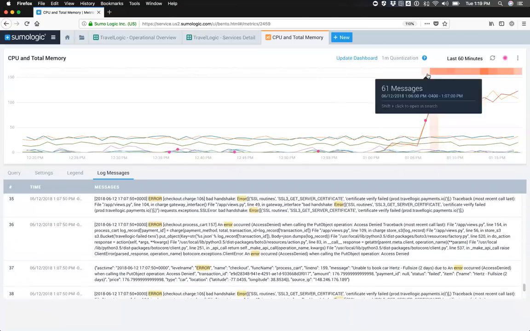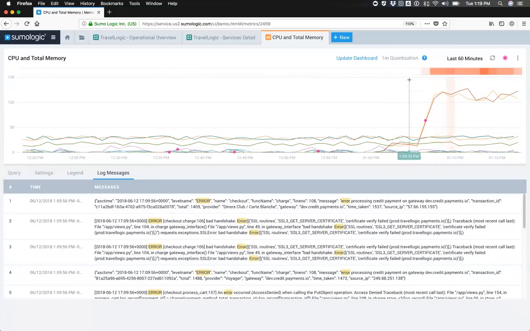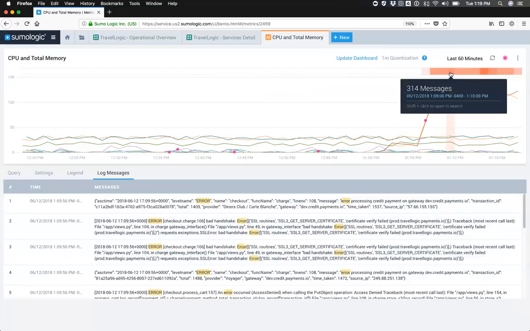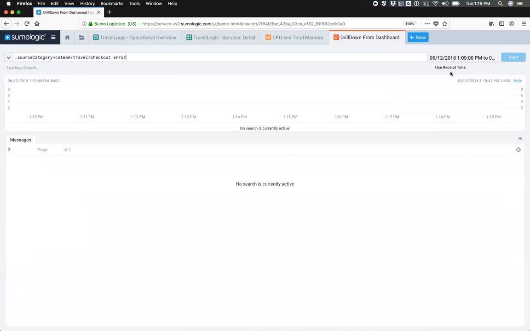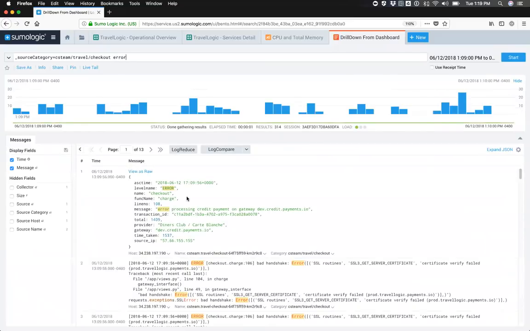But how do you know if you should look at this particular query, time slice, or this time slice, and so on, right? So what I'm going to show you is yet a better way of identifying this stuff. Instead of clicking here and looking at the errors down at the bottom, I'm going to use shift click, as you see there in the bubble. It says shift click to open and search. I'm going to do a shift click. And what that does is it opens that same exact query in my log searching window,